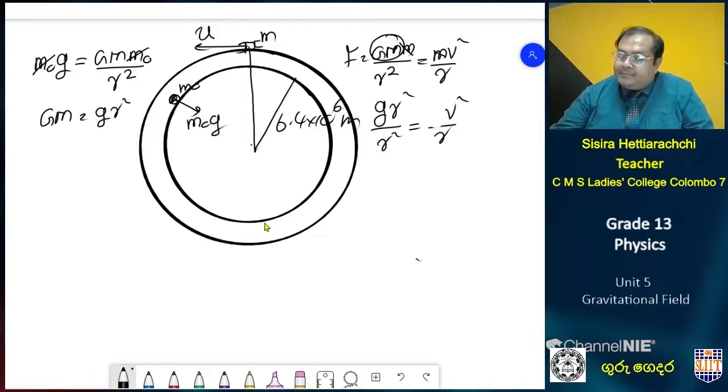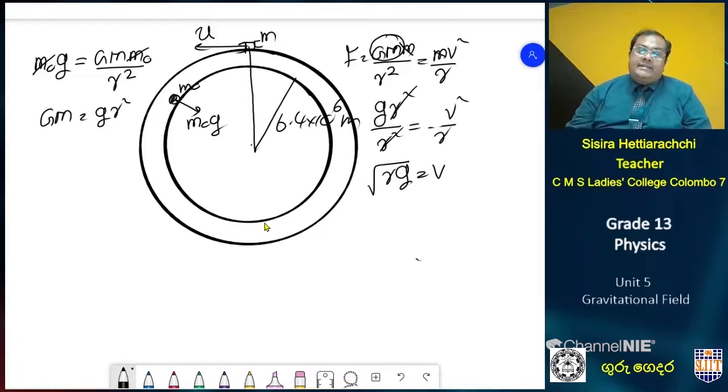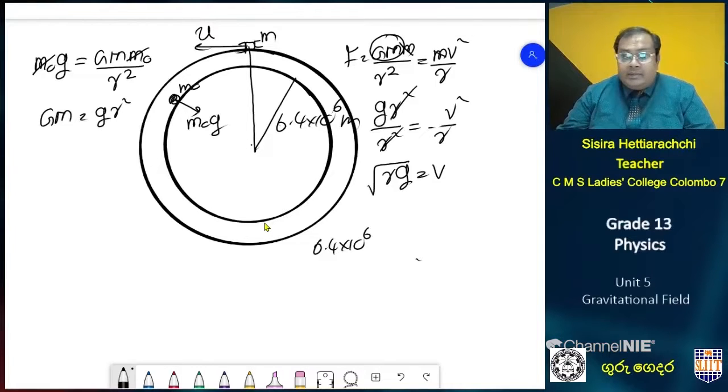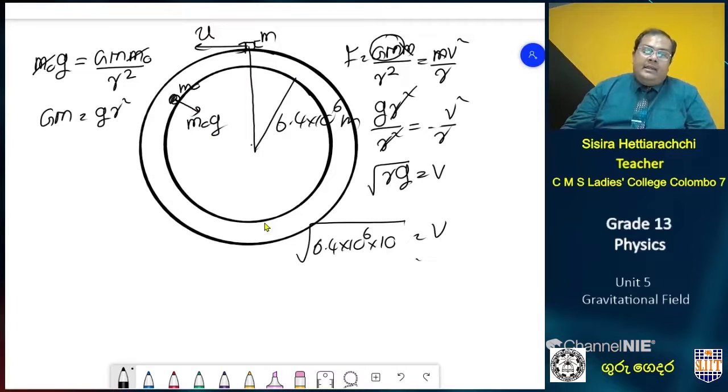Then here, R squared can be cut. Root of R g is the velocity of the satellite orbiting the Earth in a closer orbit. You can calculate this. Radius 6.4 × 10^6 we know, g we can take approximately 10, square root of this. Then you can see 64 × 10^6 root, actually